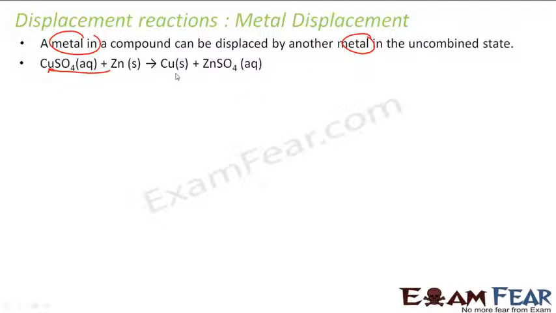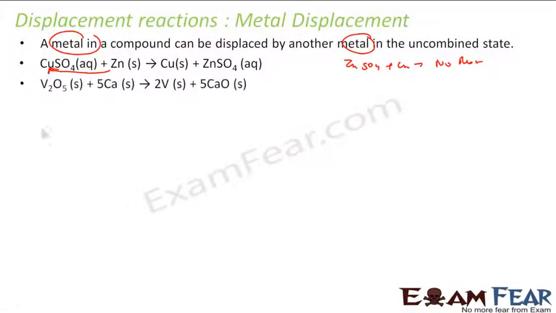But the reverse will not happen. Zinc sulfate plus copper, there is no reaction. But copper sulfate plus zinc will be able to kick out copper, because, as we'll discuss in the next few slides,